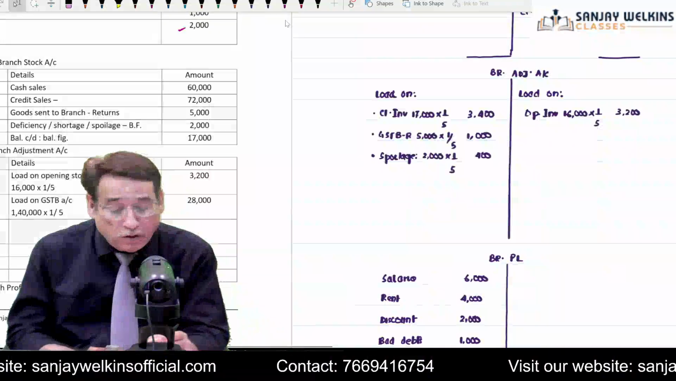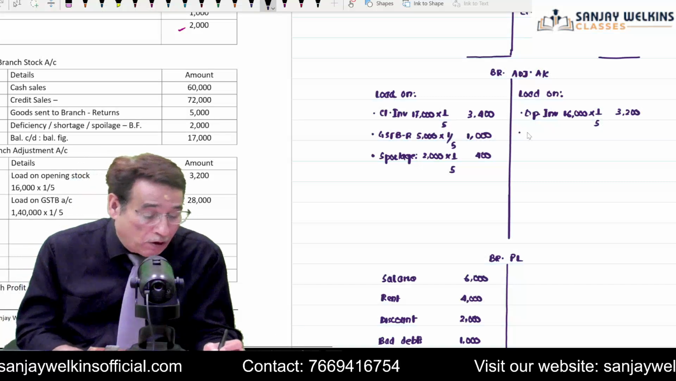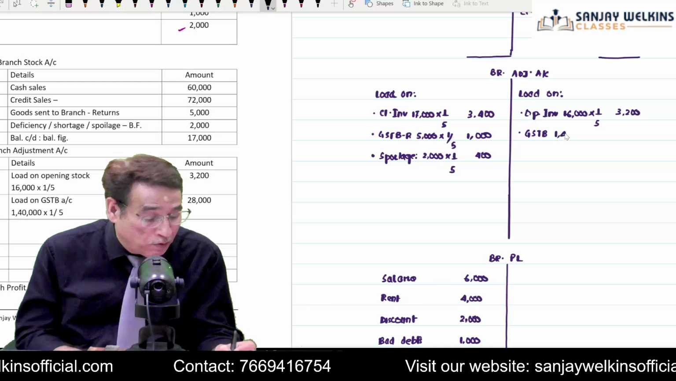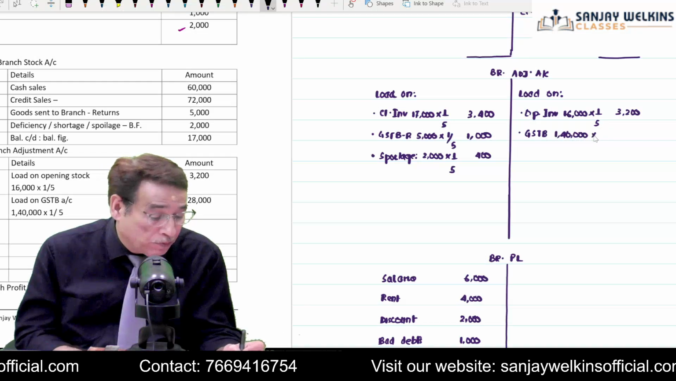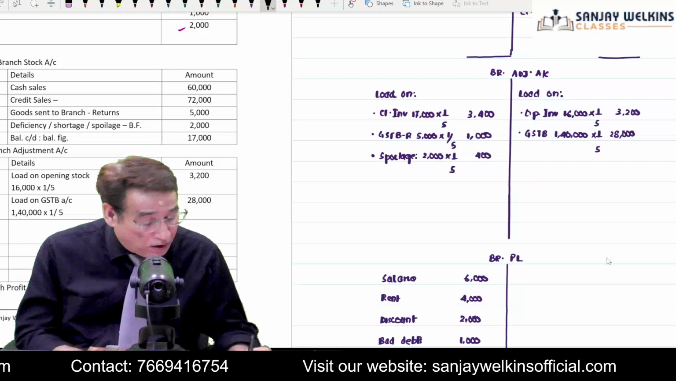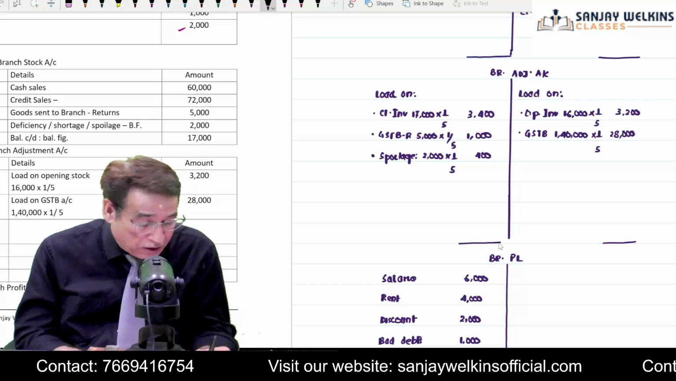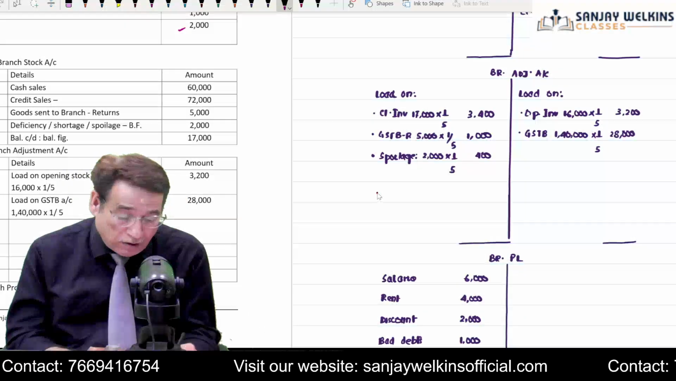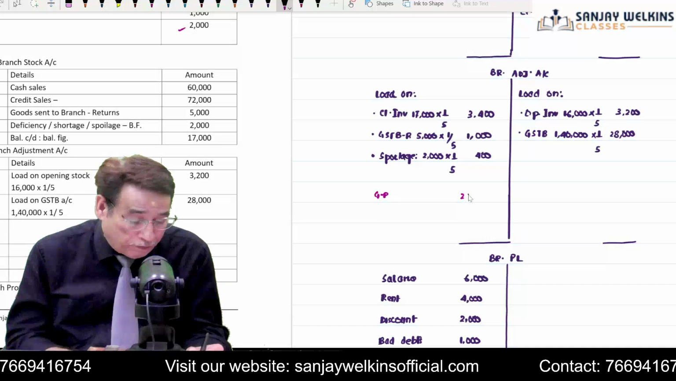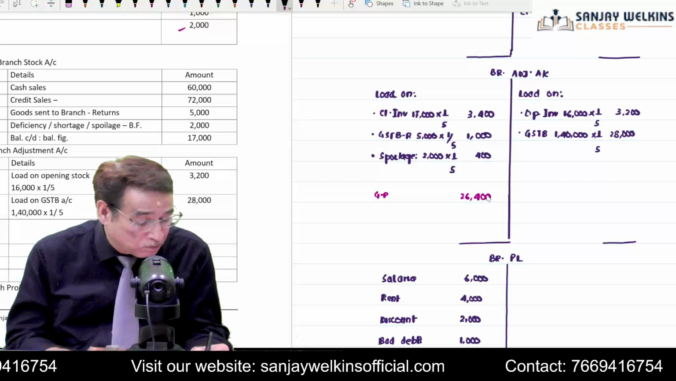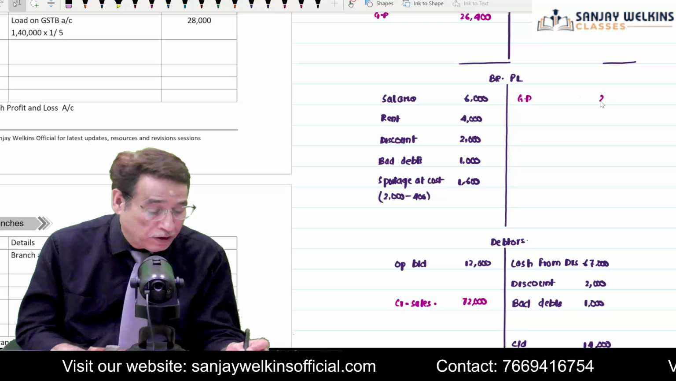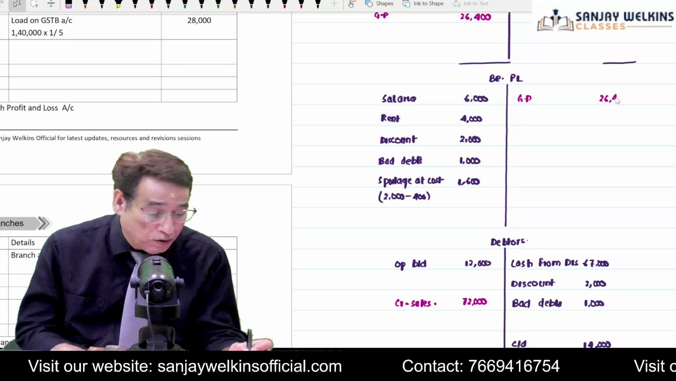1,40,000. Now you will also take the loading of this. So loading on goods sent to branch account, 1,40,000 into 1 by 5. That is equal to 28,000. And now you will tally your branch adjustment account to find out your gross profit. So your gross profit in this particular case will be equal to 26,400. Now you write gross profit over here, 26,400, and from there on you subtract